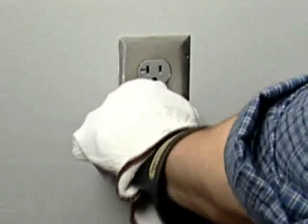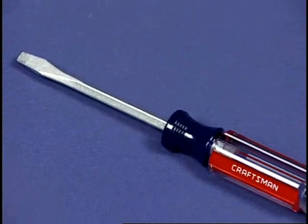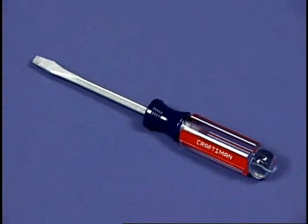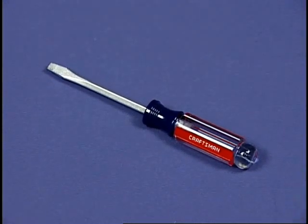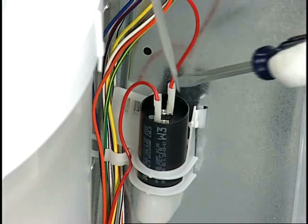Begin by disconnecting power. Discharge the capacitor using a plastic-handled screwdriver with a bare metal shaft. Never touch the metal shaft on the screwdriver when discharging a capacitor. Holding only the plastic handle of the screwdriver, touch the metal shaft of the screwdriver to the terminals of the